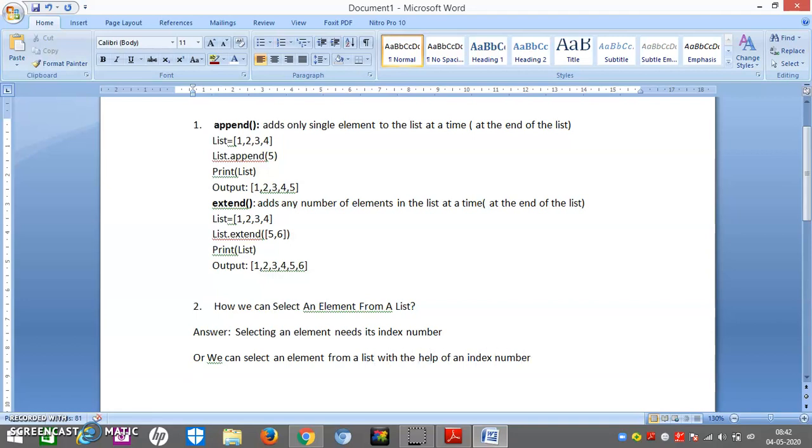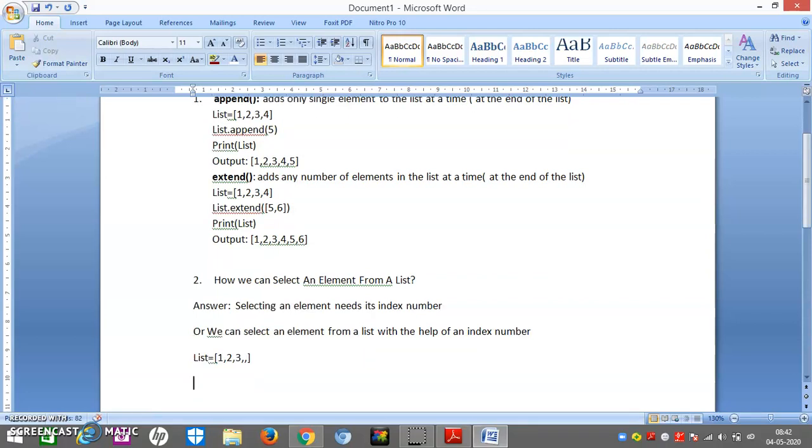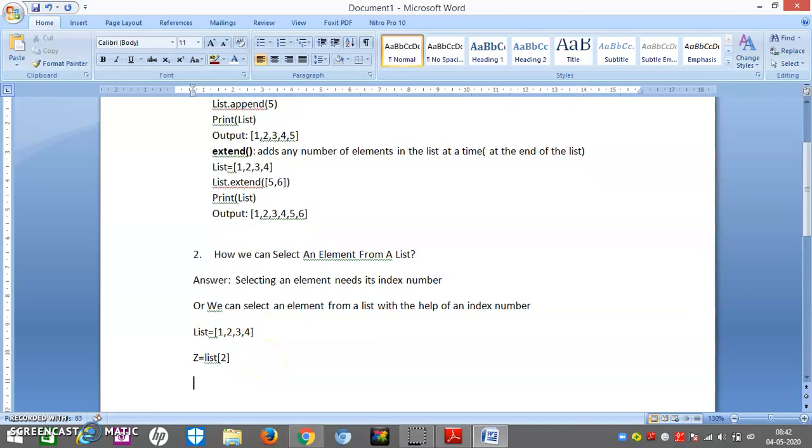How? Now I want to select, I will just take a list. List is equal to 1, 2, 3, 4. Now I want to select an element. I will take z is equal to list, suppose this is index number 0, 1, 2, 3. I will take 2.